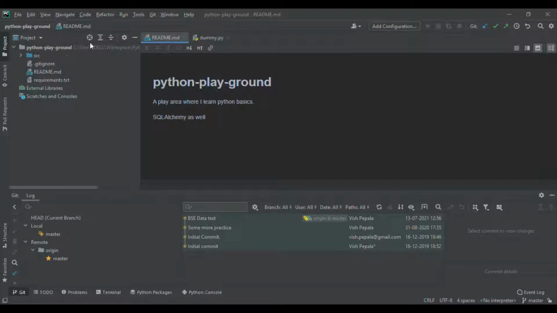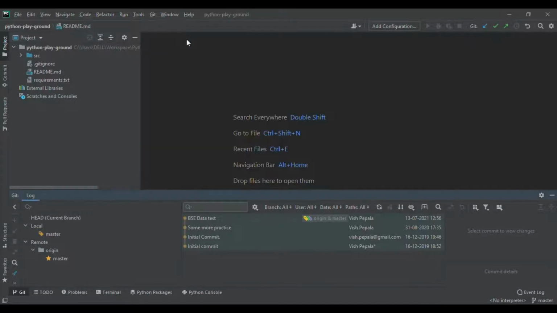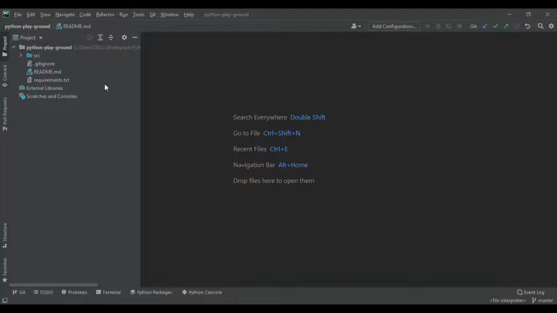Okay, so in PyCharm, you can see a lot of useful features, out of which we'll see some basics. I'm just going to take you through some of the most important ones. This is the community edition I'm using.